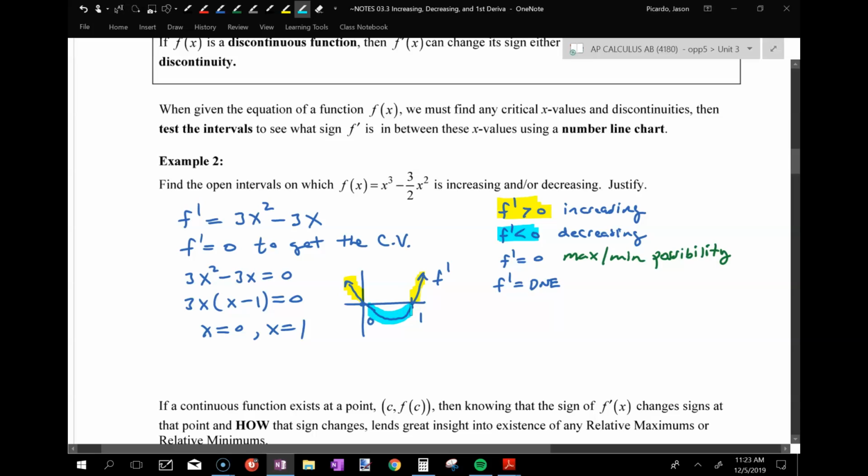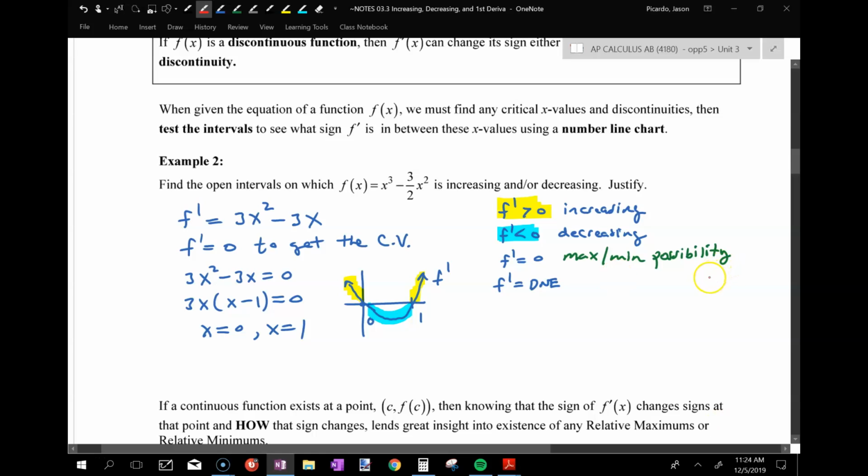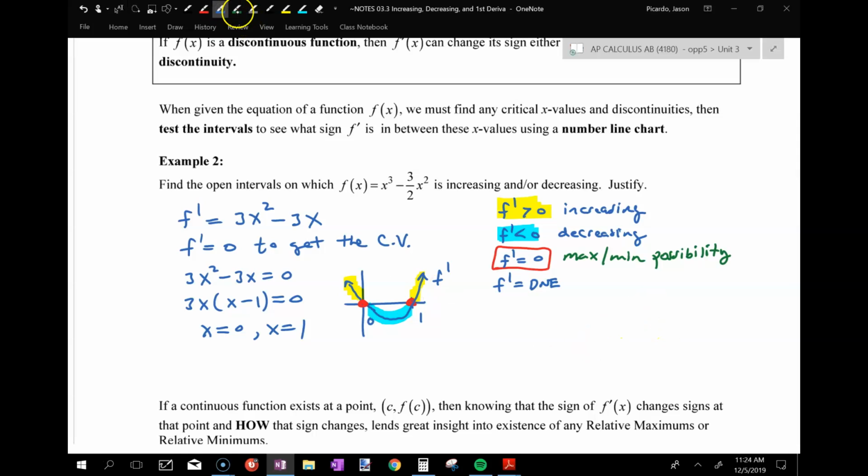All of that. So where do I have maximum or minimum possibilities? Here and here. So when I say f prime greater than 0, I'm talking about y values, right? Okay. So for this particular example, guys,